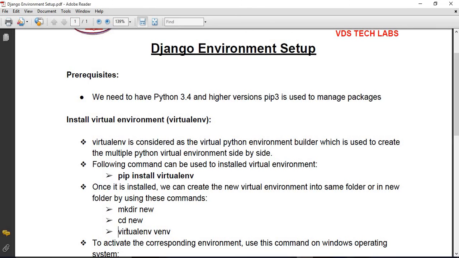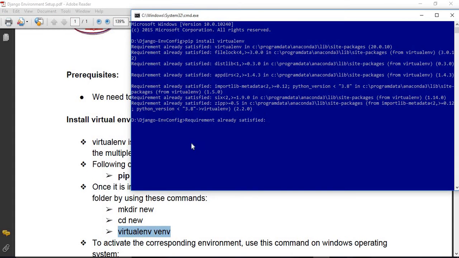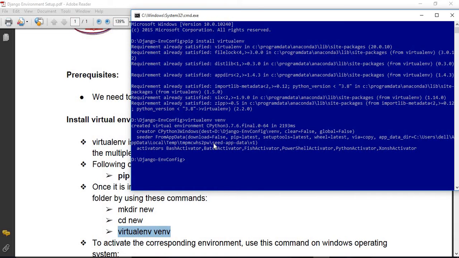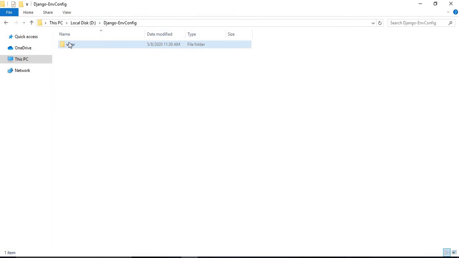Then we will use this command: virtualenv venv, and hit enter. Then we go to the folder and see that a venv folder is created.